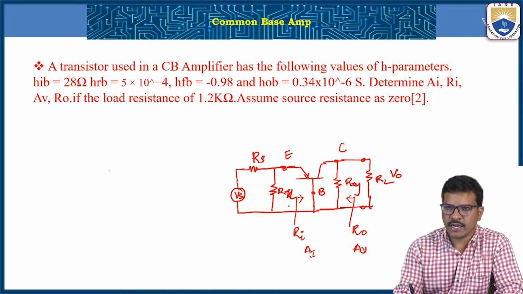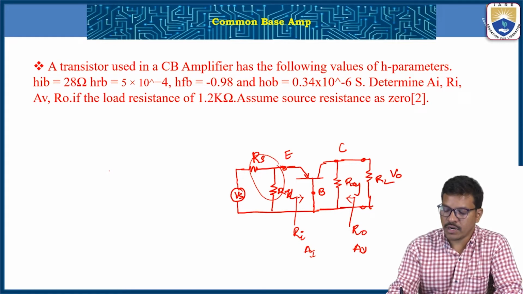If we include the external circuits like this biasing resistor and source resistor, and also here if we include these two, that are output